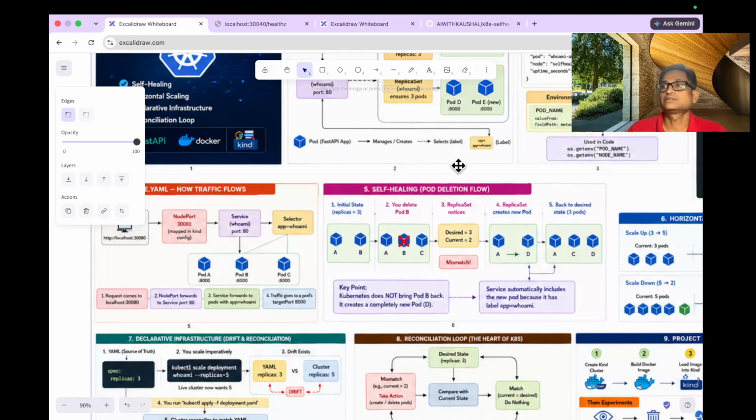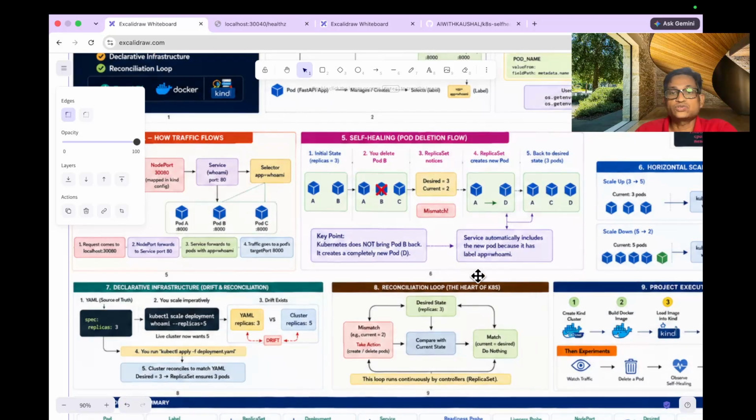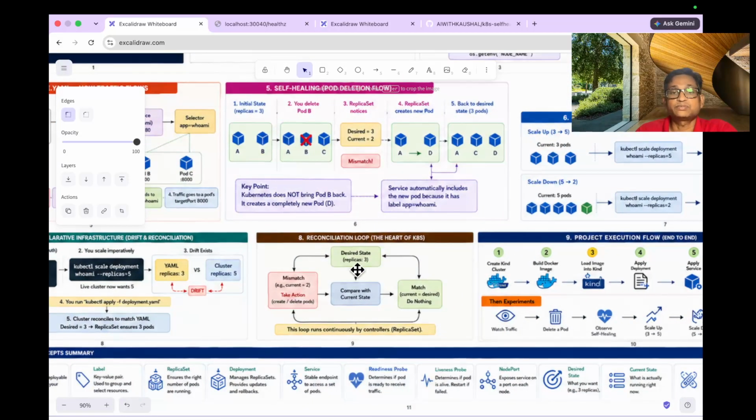Now, what is self-healing? This is the concept that I have to elaborate. Self-healing means that, suppose the initial state is three replica pods running, and for any reason a pod crashes, Kubernetes will take care of this. Whenever any pod crashes, it automatically detects it with the reconciliation loop. We have defined replicas equal to 3 here. It means that this is the desired state, a minimum of 3 is required, and it automatically